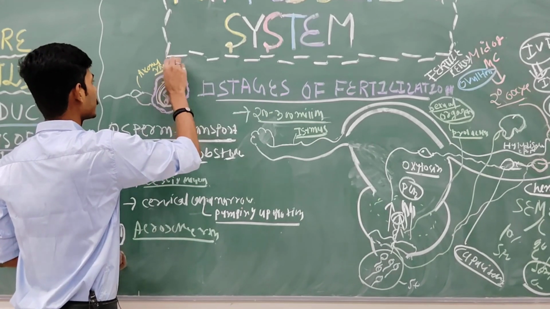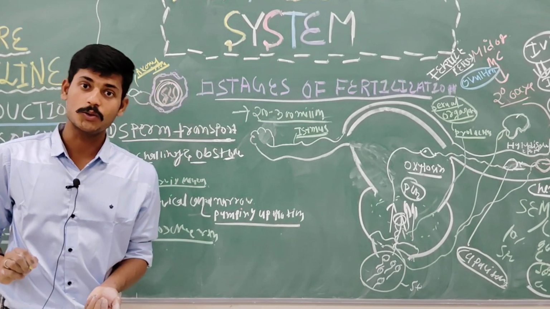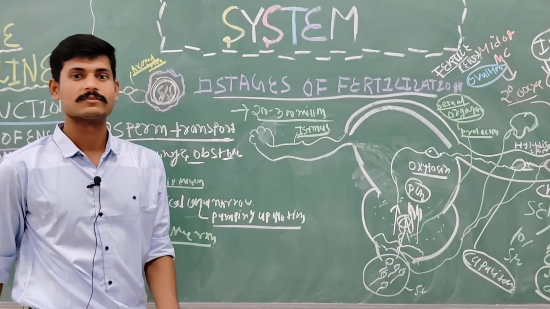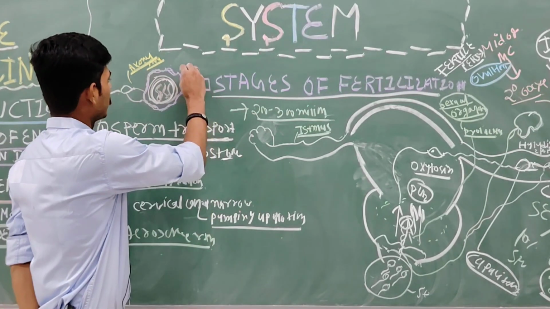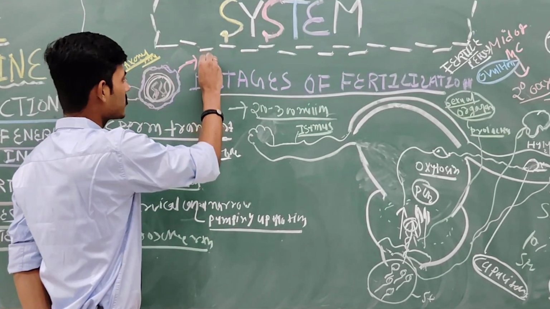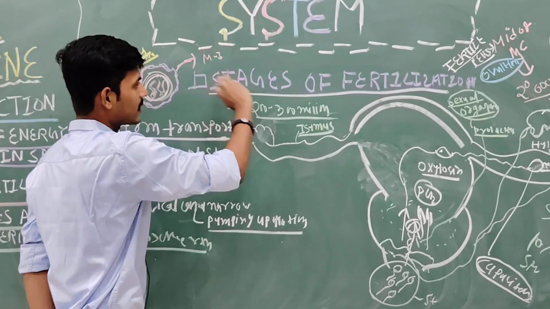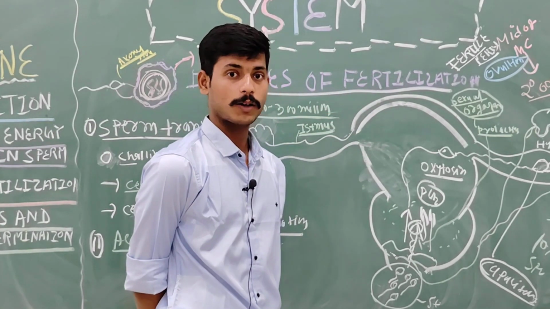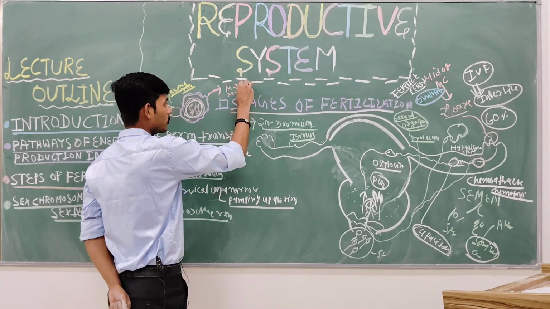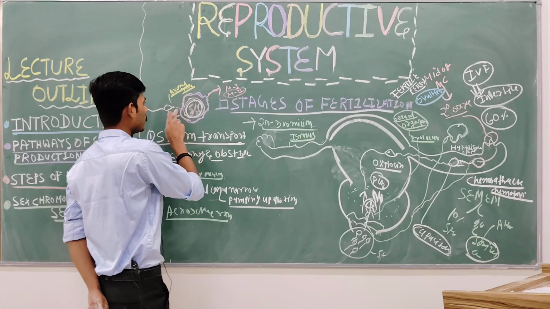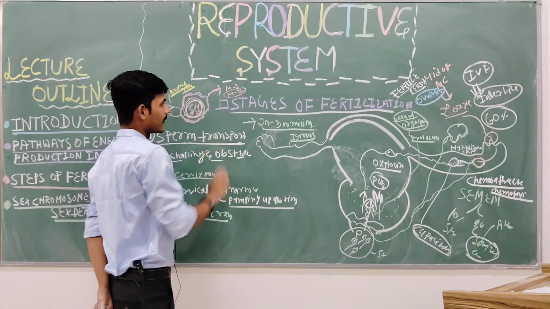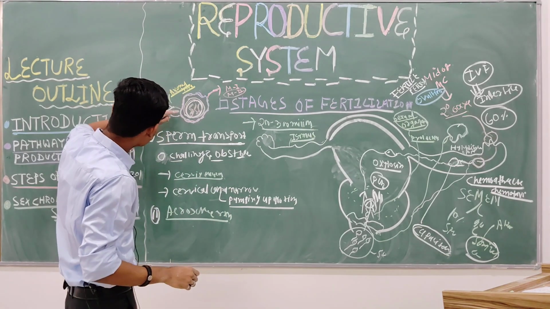Acrosomal reaction. As soon as this touches, you know that his girlfriend is waiting. Okay, one of the reasons, not the reason, is that the meiosis 1 is done during the ovulation period, and in that, meiosis 2 is running on. But meiosis 2 is completed only when the sperm touches the egg.